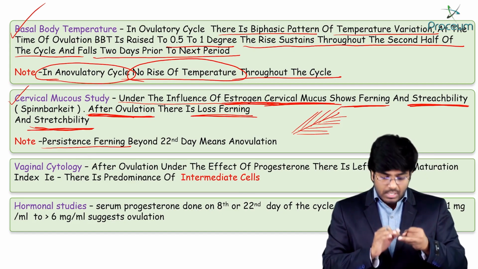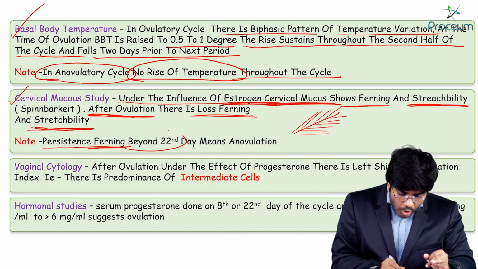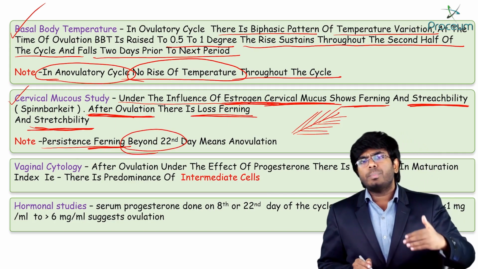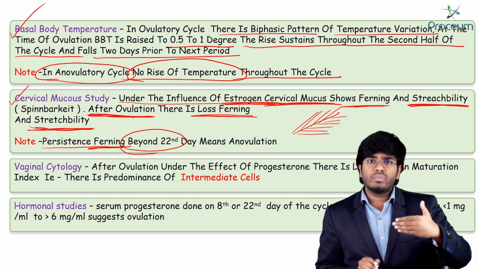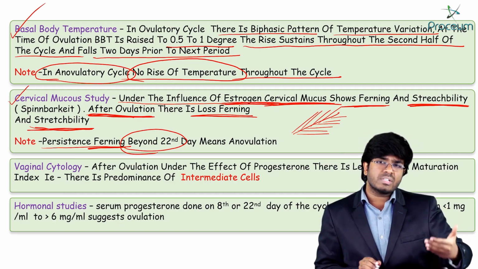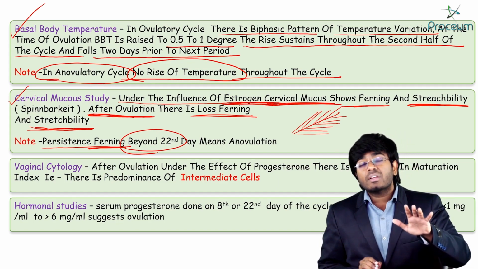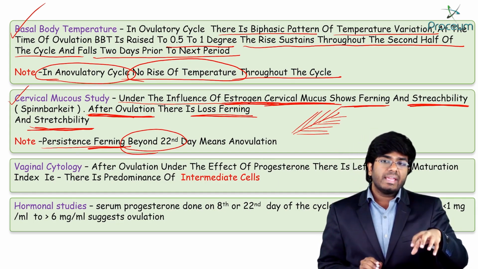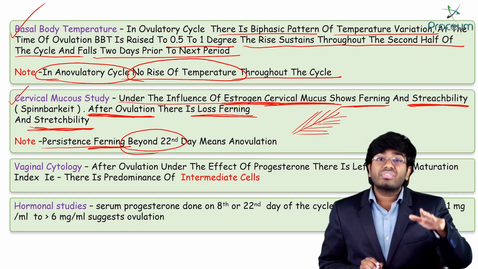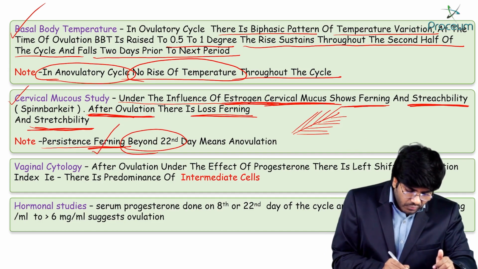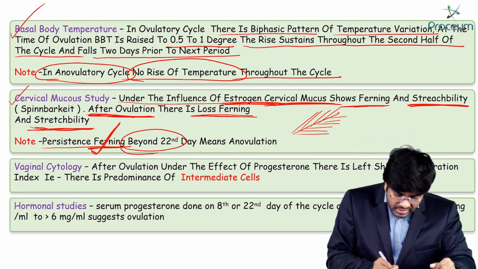Both should last. So persistence of firming and stretchability beyond the 22nd day. What does beyond the 22nd day mean, guys? We are just checking in the second half of the cycle. The 22nd day means the second half of the cycle, and usually we all know that the 22nd day is the day when the highest amount of progesterone is there. So even on that day, if firming is still there and the cervical mucus is still stretchable,